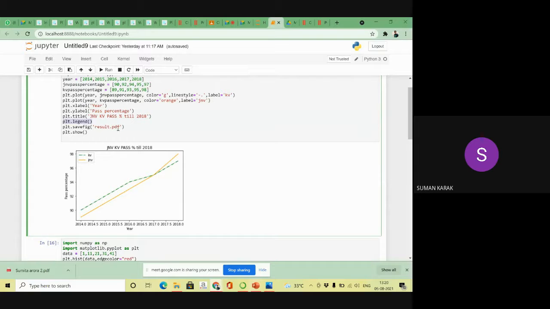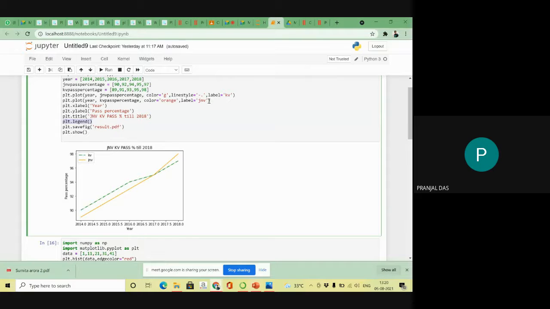Legend is used for what? When I provide the name of a line plot or any bar graph or any bins, that time I am using the legend. जब आप कोई भी लाइन में और या बार ग्राफ पे कोई बीन्स में आप नेम प्रोवाइड करना चाहते हो, then that time you are using the legend function. Did you understand?